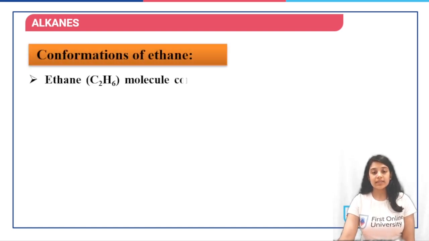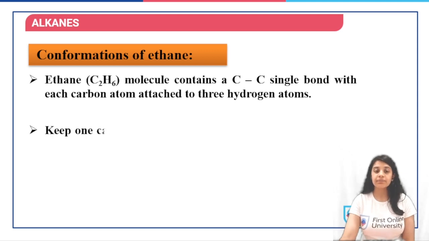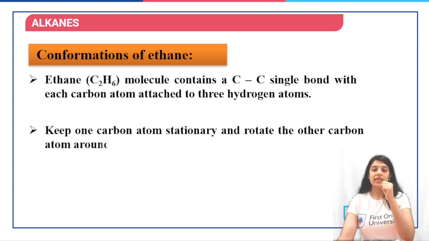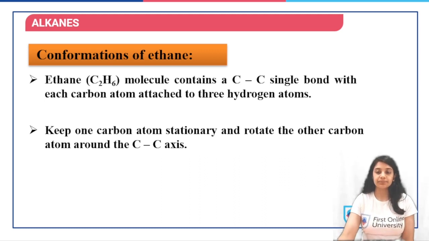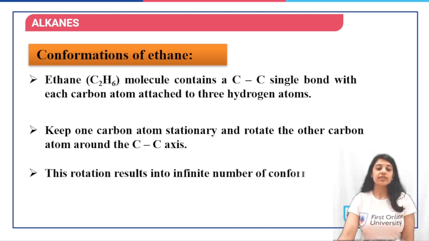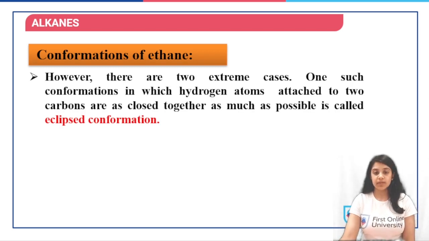Now, if we look at ethane as an example, the ethane molecule contains a C-C single bond with each carbon atom being attached to 3 hydrogen atoms. What we do is keep one carbon atom stationary and try to rotate the other carbon atom about this C-C axis. This rotation results in an infinite number of conformations. However, there are two extreme cases. One conformation in which the hydrogen atoms attached to the two carbon atoms are as close to each other as possible. We have already talked about this particular fact